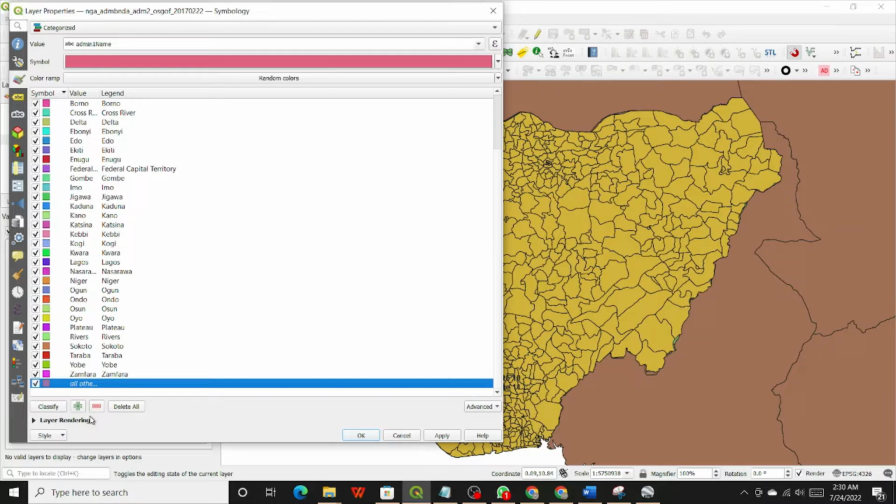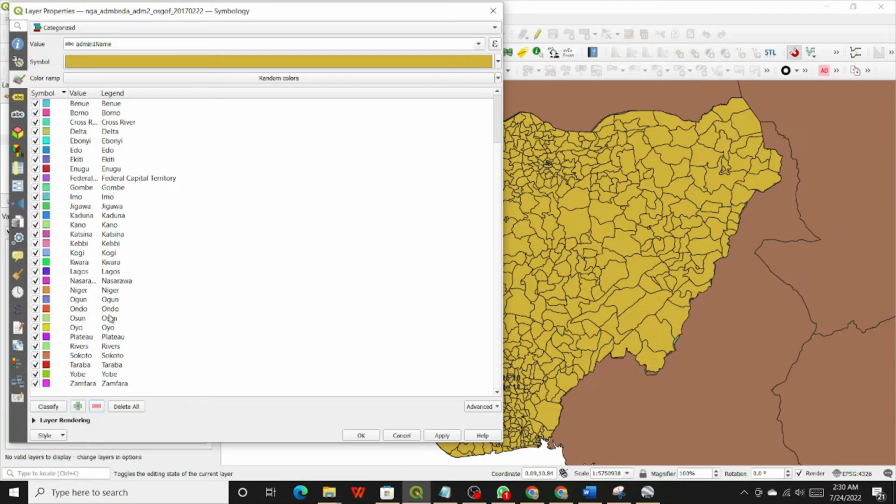I might decide to eliminate that by clicking this minus button here. I highlight it, not this last one, and then click minus. It deletes it. It's no longer there. So basically,